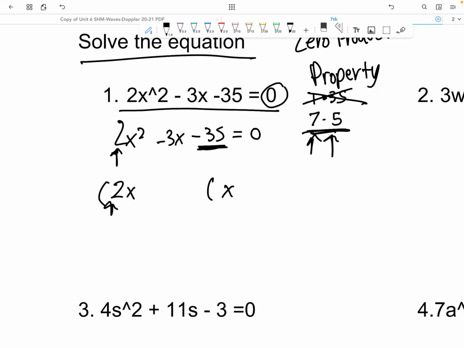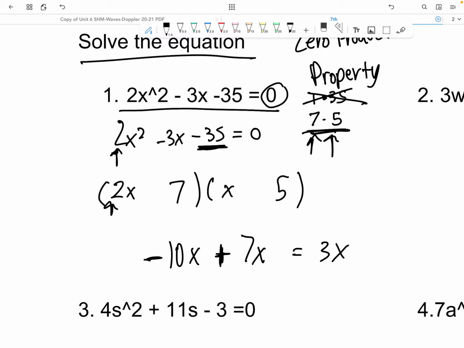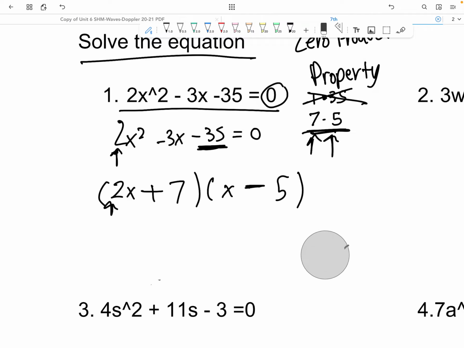So if that doesn't work, then we know that we have to put 5 here and 7 here. Now you have 10x and 7x. I'm sure you can already see it, but if we subtract this, we get 3x, but if we make this negative and this positive, we can get negative 3x. So where should we place this negative? Well, we should place it right over here, because that would give you negative 10x plus 7x. If we do that, we get 2x plus 7